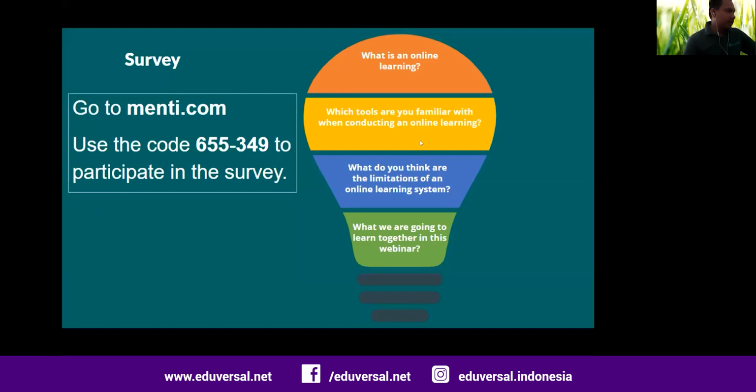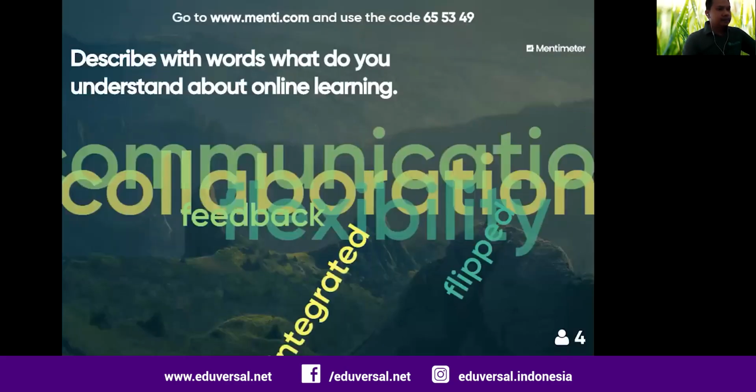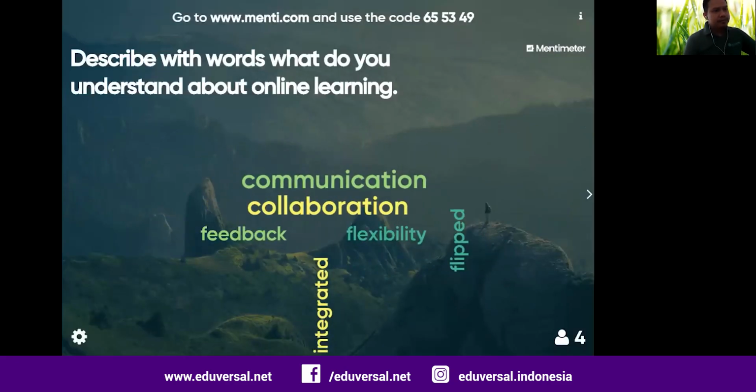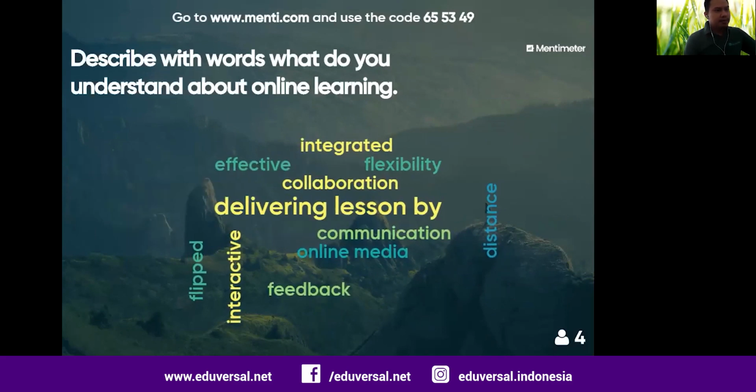We can make it a little bit quick. Some of you typed delivering lesson, communication, collaboration, distance, feedback. There are flip, effective, flexibility. This is from 4 persons.